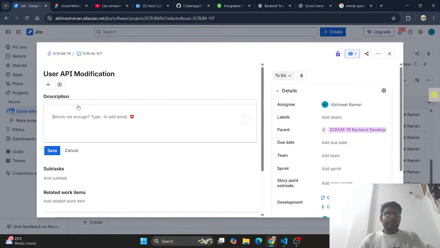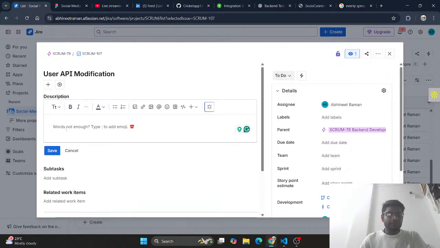So I want a description of what modification is needed. We need to add a column name which will contain the name of the user. Also, if you remember, we are going to add an admin page. So also add a role column